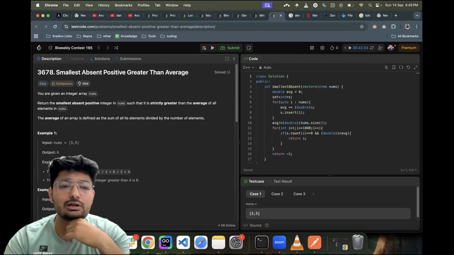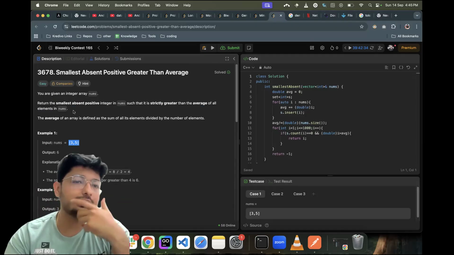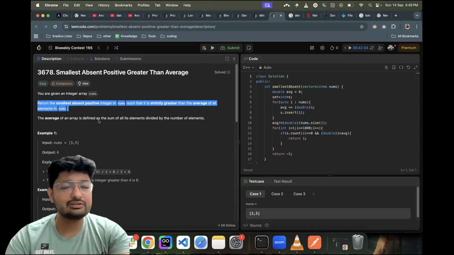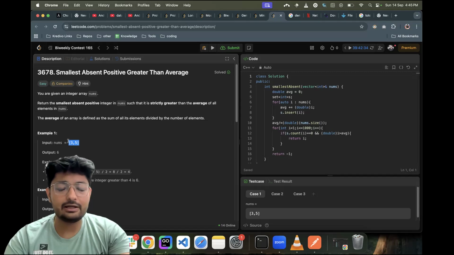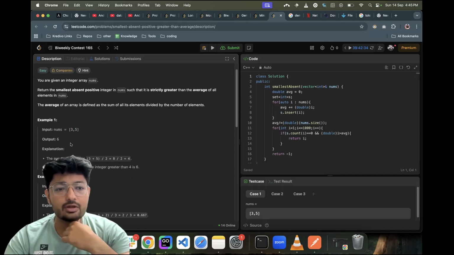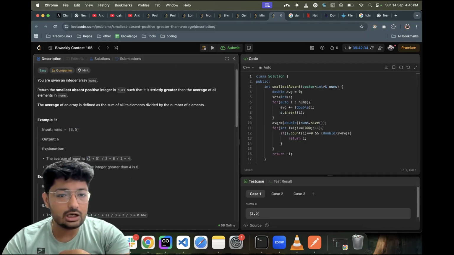So you have to find out the number that is absent in this nums array that is strictly greater than the average of all the elements. Okay, and average, you know that you can find out by adding all the numbers and dividing it by the total count of the numbers. Okay, so as you can see, this is 3 and 5, and what you can see is that if you find out the average of it, it becomes equal to